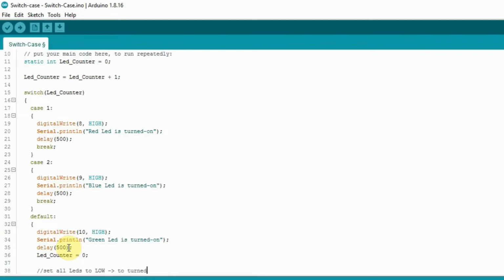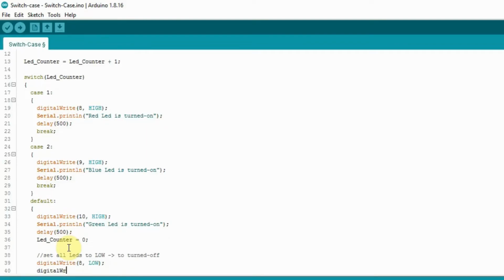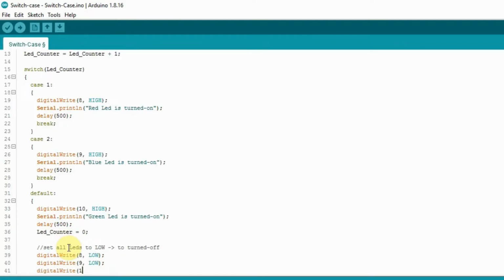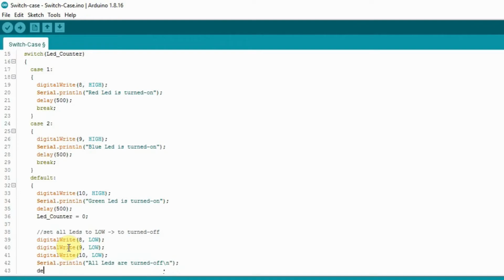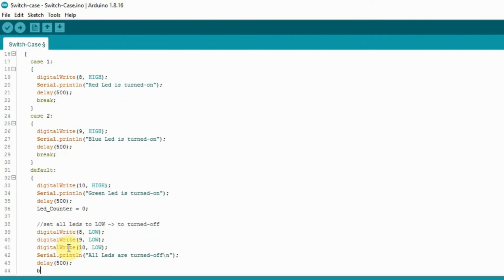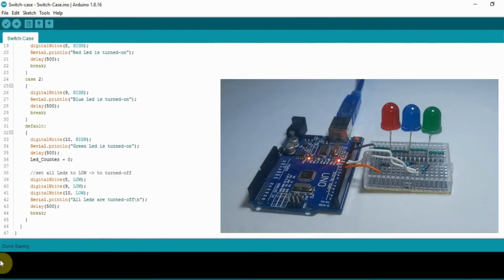I'm using the digitalWrite API to set the pin 8, pin 9 and pin 10 output to low. Print this information to the serial monitor. The purpose of calling this API is that we get informed of turning off all LEDs and, as a confirmation, we will even compare the serial monitor information with the LEDs. Once all LEDs are turned off, put a delay of 500 milliseconds. With this delay, LEDs remain turned off for this time because the software is blocked by the delay function. After everything is done, break from the switch statement.